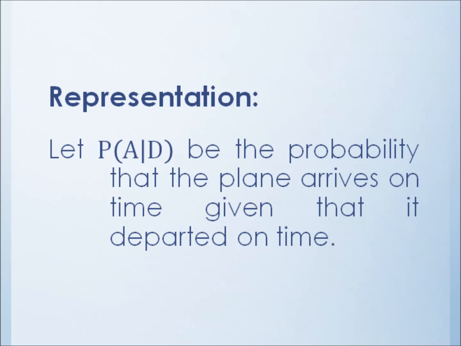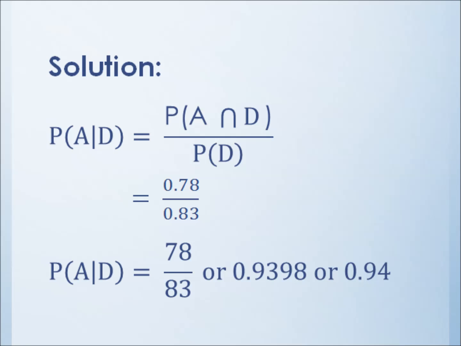As for our representation, let us have the probability of A given D be the probability that the plane arrives on time given that it departed on time. After the representation, what is the next step? The next step is to make the solution. So we have the probability of A given D equals the probability of the intersection of A and D over the probability of D. By substitution, we have 0.78 over 0.83, which is equal to 78 over 83 or